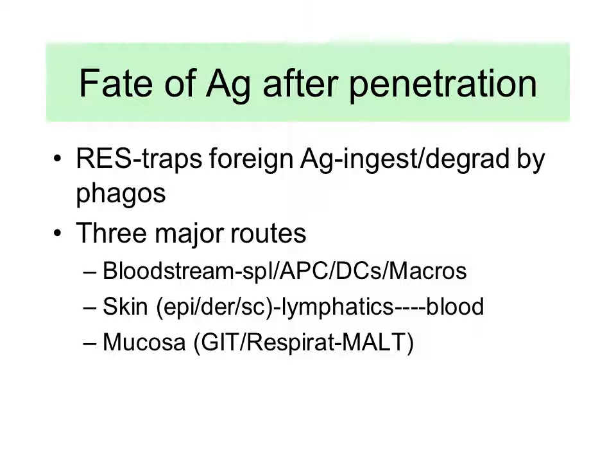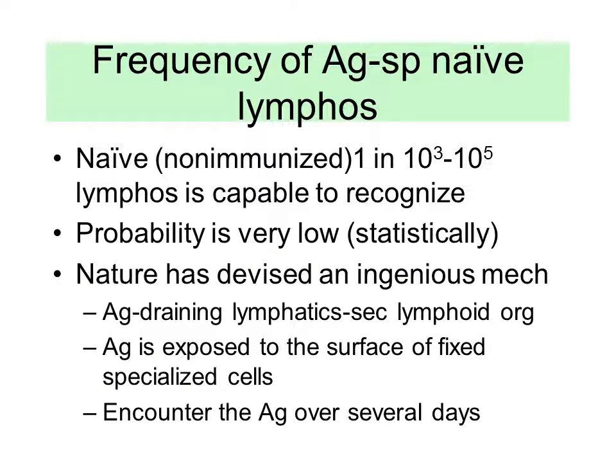Now, that's what I discussed, that there are 3 routes, the fate of antigen after penetration, the reticuloendothelial system, and these are the 3 main routes that we discussed. So these are some of the routes that your body allows for them to enter, right? Now the question you'll ask yourself is how frequently do we see these antigens? Well, you breathe 16, 17 times a minute. You eat, right? So pretty much your mucosa and skin are exposed.